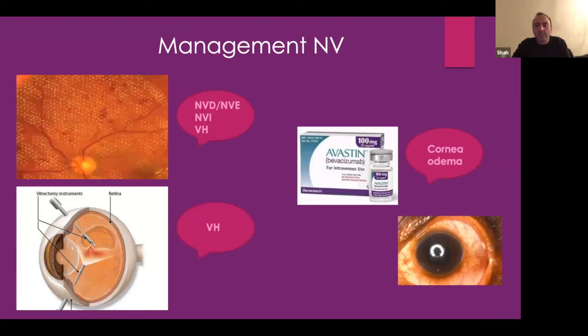And new vessel disease, I've kind of mentioned heavy laser treatment. Here's a picture of a retina that's been lasered to the oblivion, and that's because you need to get rid of that angiogenic drive that the anti-VEGF has, and the only way you're going to do that is with laser treatment.